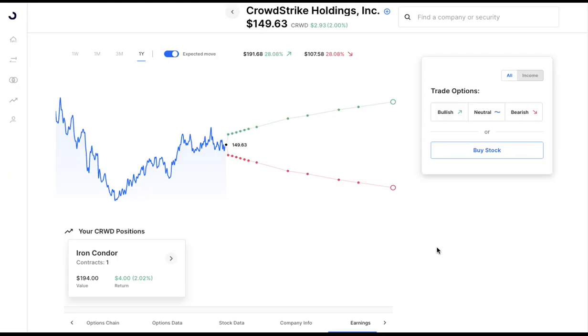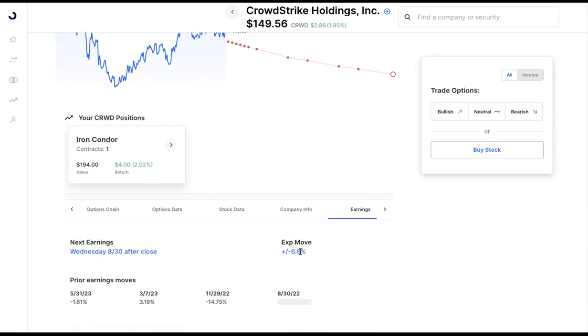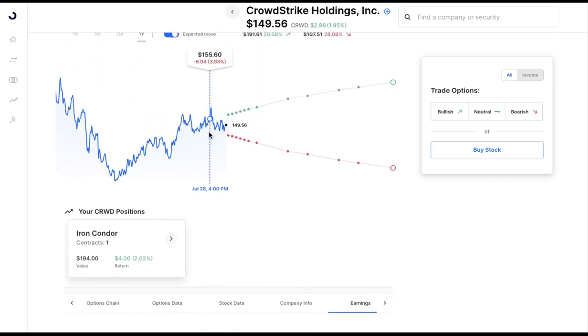This is Cece looking at CrowdStrike, CRWD, which reports after the close. Looking at the earnings tab, it's about a 7% expected move, which is sort of on the high range of the last two earnings moves, but as you can see, had a big move last November. Stock has been trading in a bit of a range going back all the way to May,